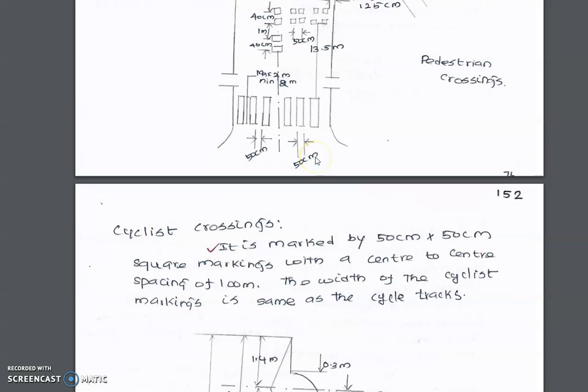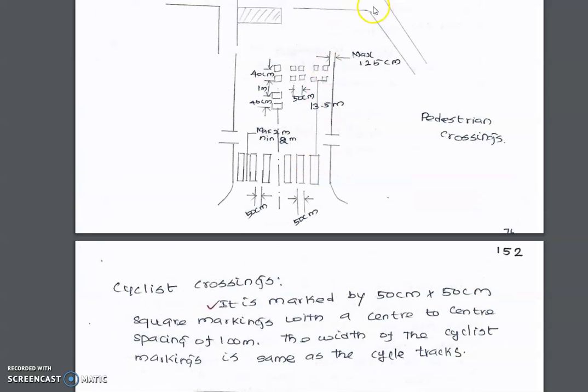So as a technical person, while writing the explanation, you have to mark the exact dimensions in a proper way for alignment of road surfaces. Okay, so from here the maximum is 125 centimeter, and from here 40 centimeter. So from this area to this area, the distance is called 1 meter.